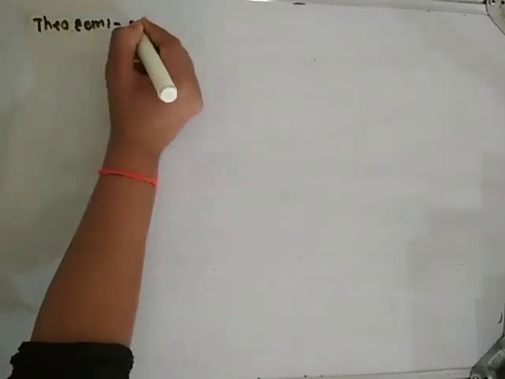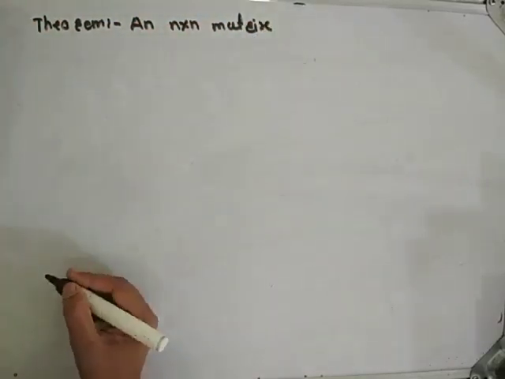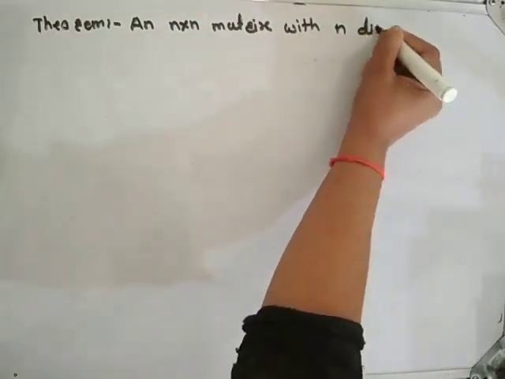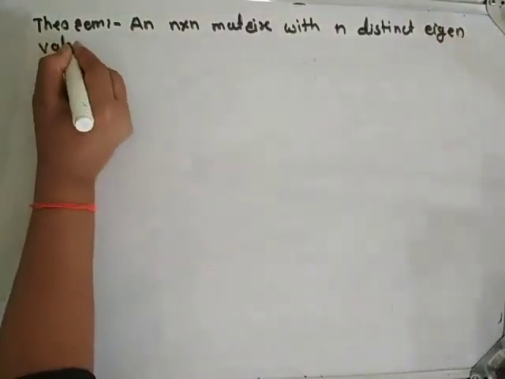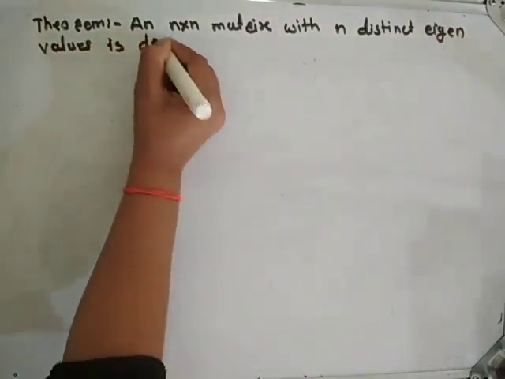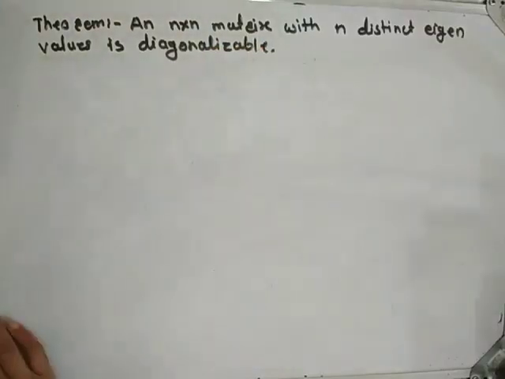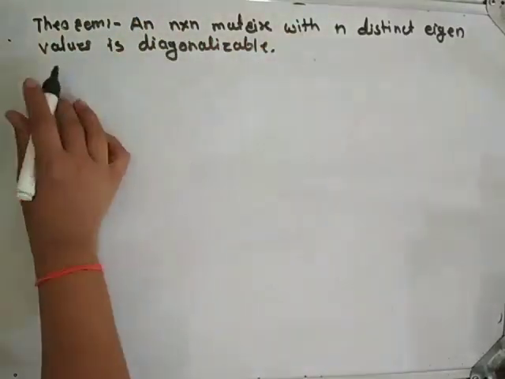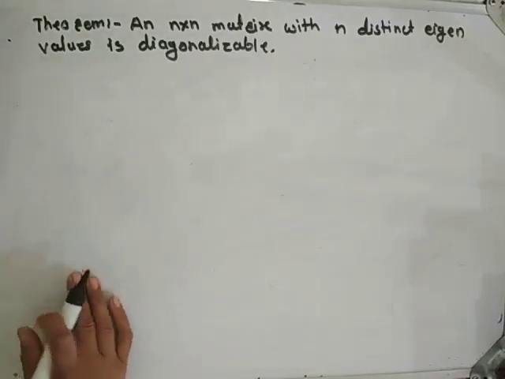Let us start with the theorem. An n by n matrix with n distinct eigenvalues is diagonalizable. Okay. Next topic is